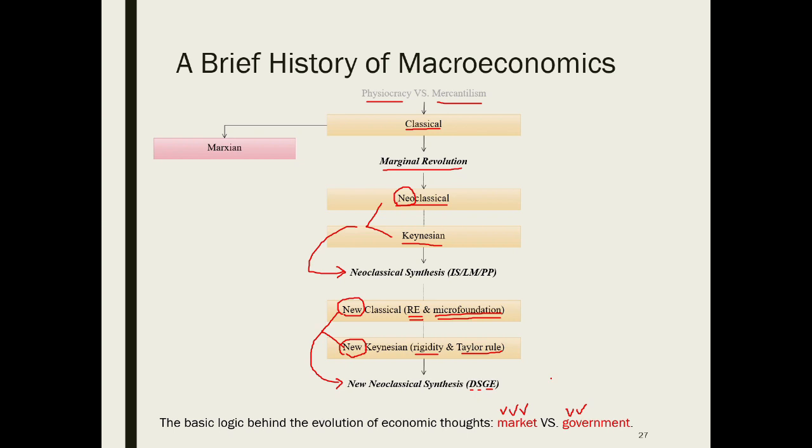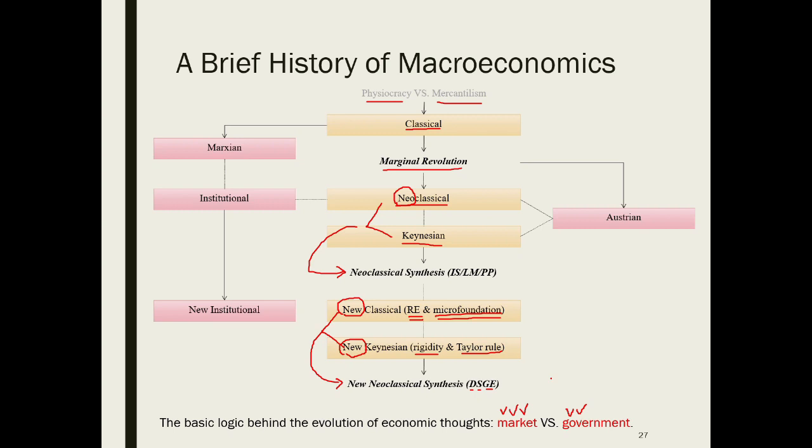The Austrian school is even more radical. It criticizes both classical and Keynesian schools. It pushes liberalism to the extreme. The best thing a government can do is to do nothing. They are extremely pessimistic about governments. So that's why they are not mainstream, because the government would never buy this idea of being useless, right?